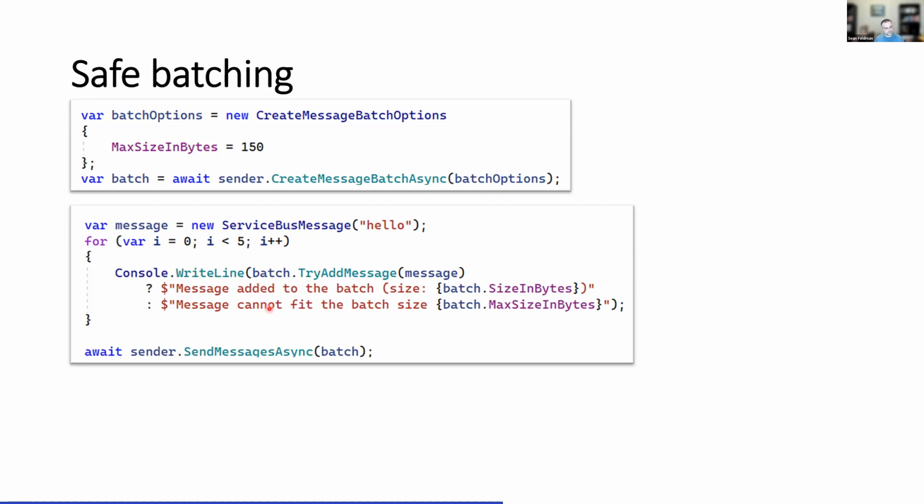So this way, you can chunk up your messages into several batches if necessary and ensure that they are sent, right? And the batch can report the total size that it has accumulated over time on every iteration of the loop. Okay, if we run the code,